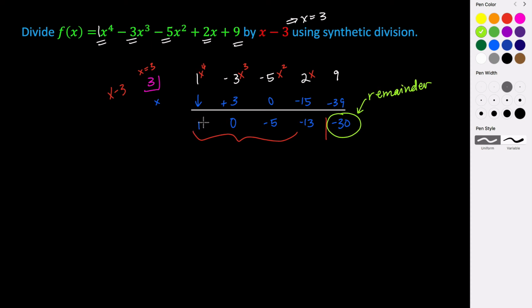So we now have a cubic. So this is x to the 3rd. This is the coefficient of an x squared term, of a linear term, and then of a constant term. So we can actually write this function using our new coefficients. So we have 1x cubed plus 0x squared minus 5x minus 13 plus, and then with the remainder,